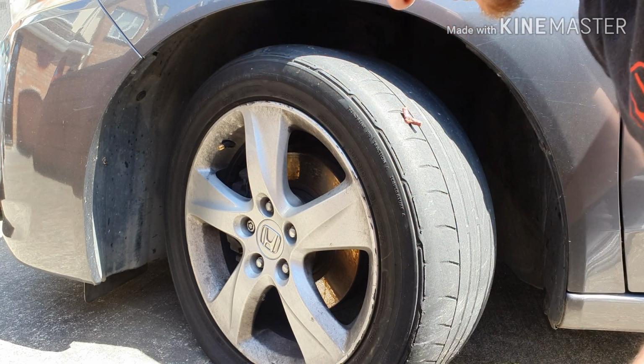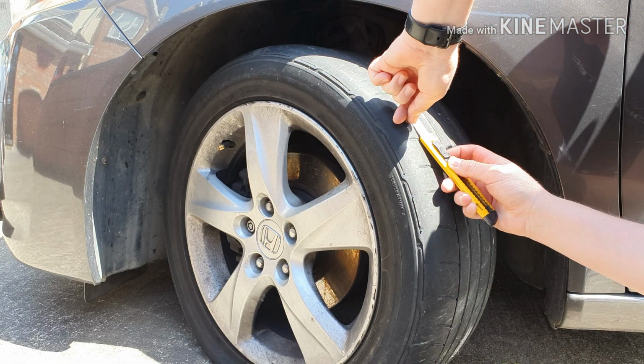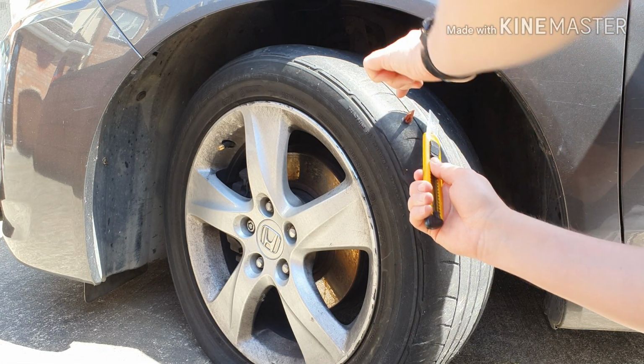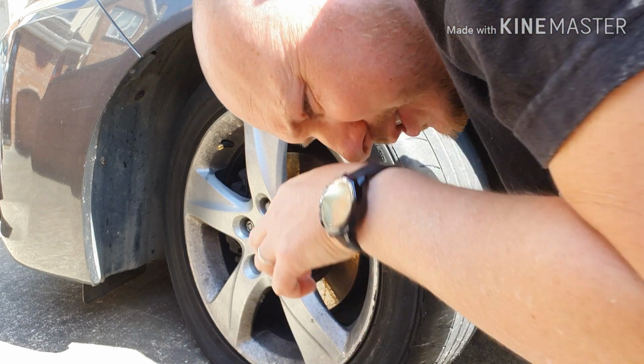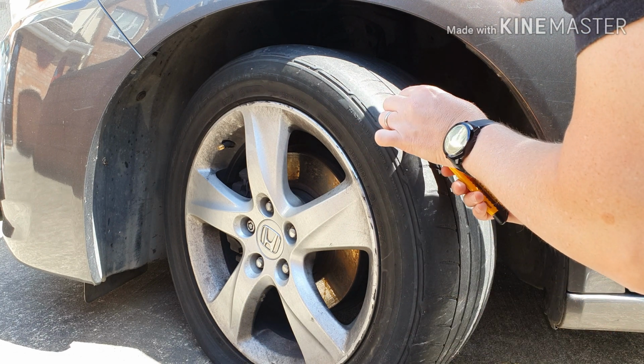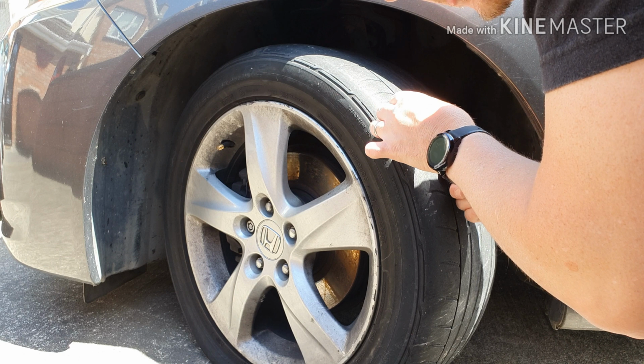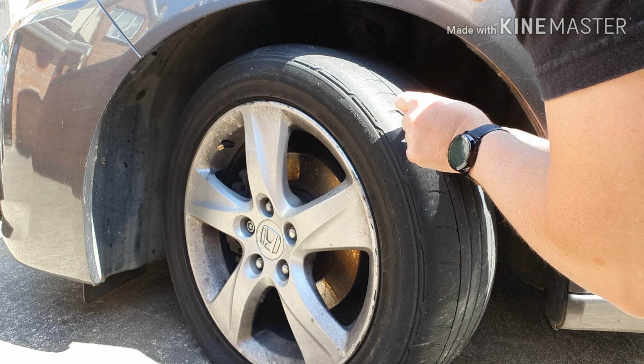That's how easy it is. And then you just get your Stanley blade and you slice off that piece. Not too close to the tire. If you do it too close to the tire, it's possible that it can go back in. So give it a little bit extra, like maybe 2 millimeters, because as you're driving,